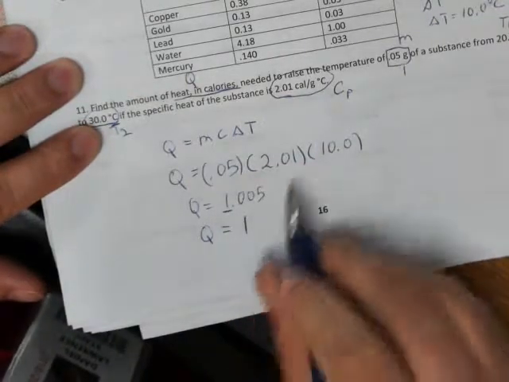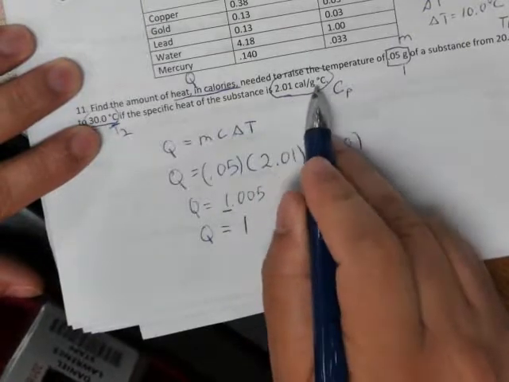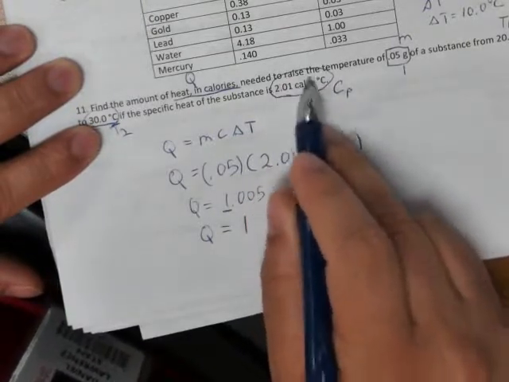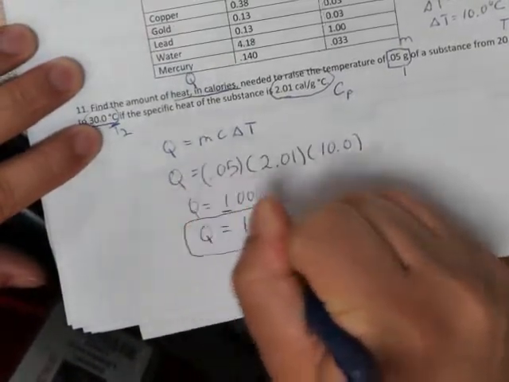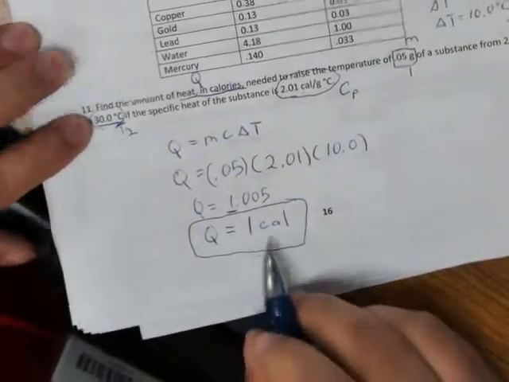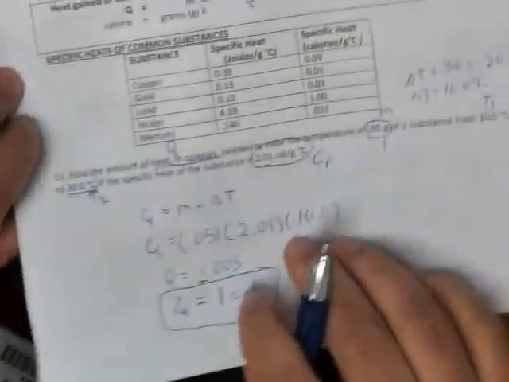What's my unit here? Well, I look back at my specific heat. It's in calories per gram degree Celsius. So I need to put calories here. 1 calorie is the amount of heat that was necessary. Okay, and it is positive. All right, let's go ahead and look at